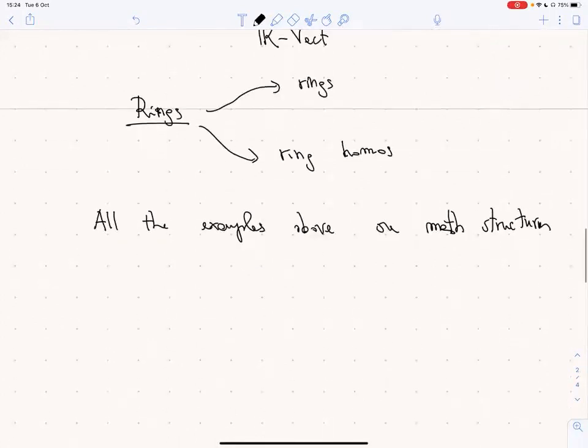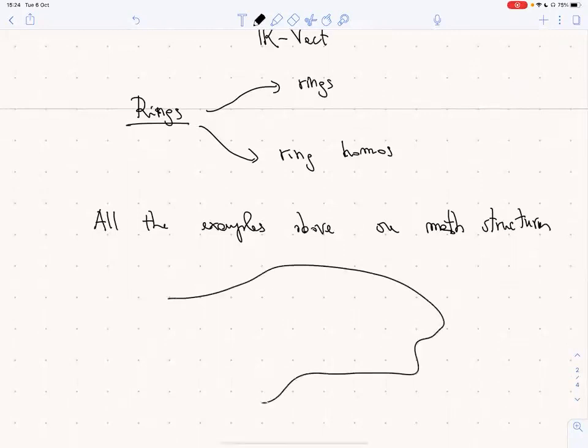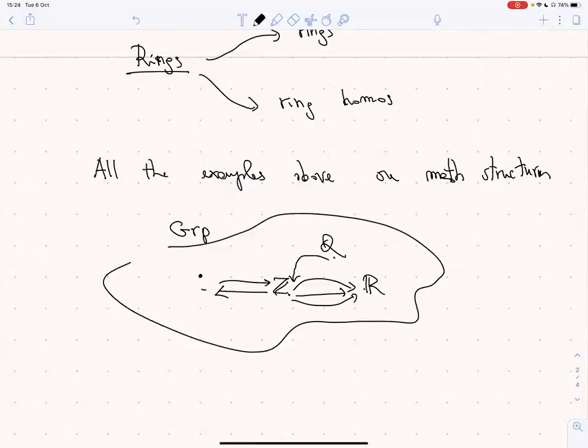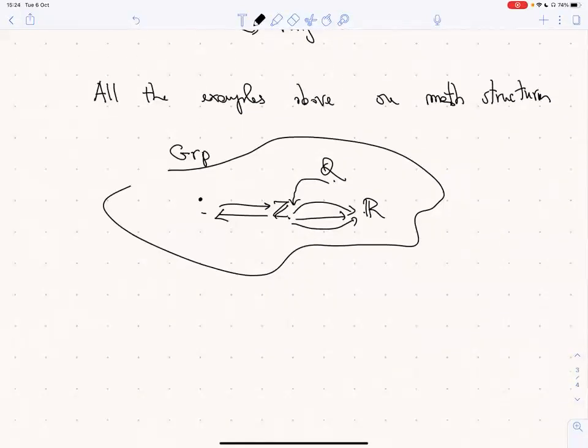So we have a family of mathematical structures, say groups, for example, and we organize them in a category. So there is maybe Z, then there is Q, which is also a group, then there are the real numbers, and then we have all these functions between them. So a category is a kind of graph, after all, where we can compose edges. So let's put here, I don't know, this is the trivial one, where we can compose edges in one direction and the other, and this composition of edges is additional structure of this graph.